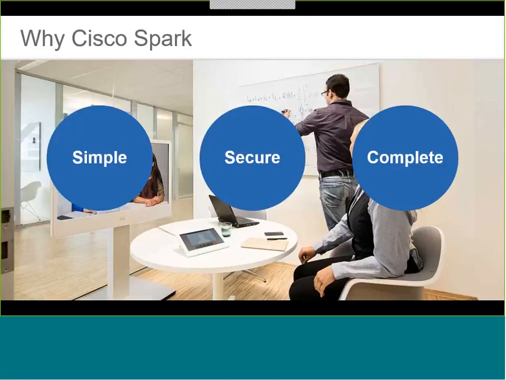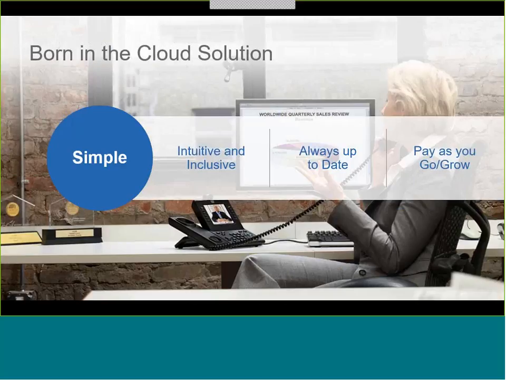So moving on to why Cisco Spark, and it's three main things: simple, secure, and complete. It's a fantastic platform to exactly what businesses want to see. They want, especially small businesses, want it to be simple, it needs to be secure, and it needs to be a complete package, and it needs to grow basically as you grow. It's designed from the ground up within the cloud. It does obviously have the hybrid capabilities of it, but it's simple. It's delivered entirely from the cloud. Each element is designed to ensure the user and the administrators, if you're going to be administrating the experience, is very easy to manage, it's intuitive, and it makes the service easy to use and easy to manage, because that's